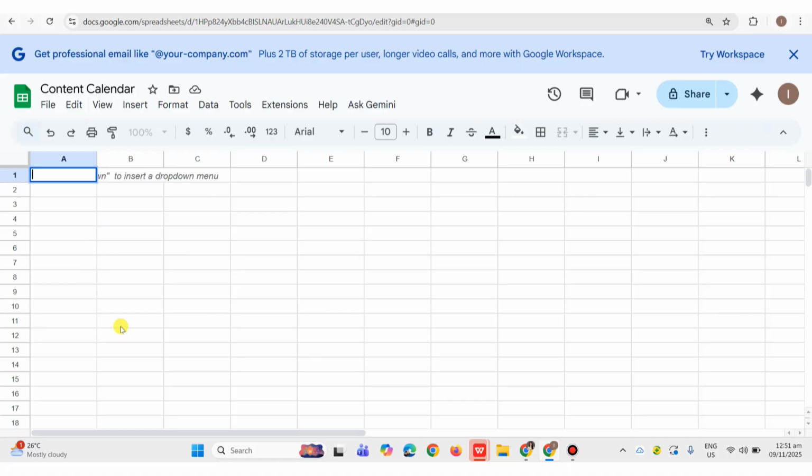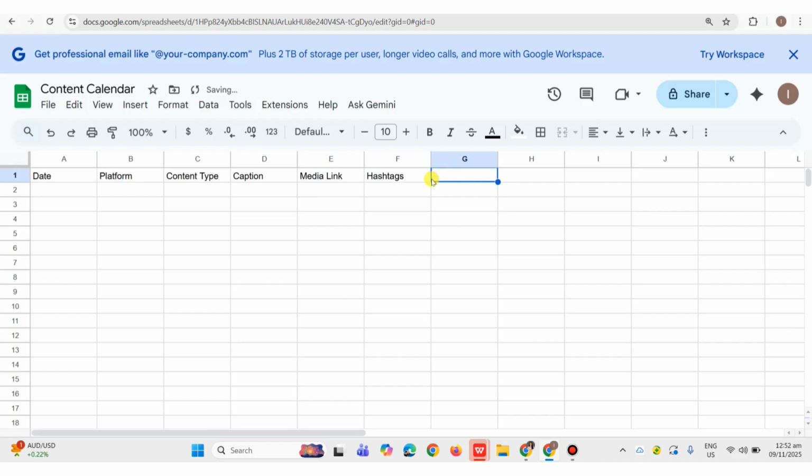So use the essential columns such as date, platform, content type, caption, media link, hashtags,